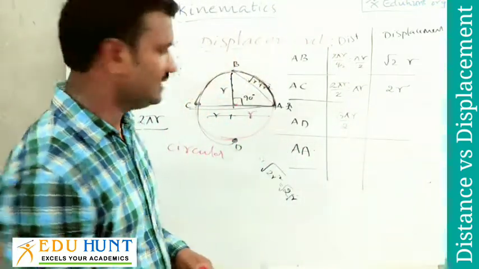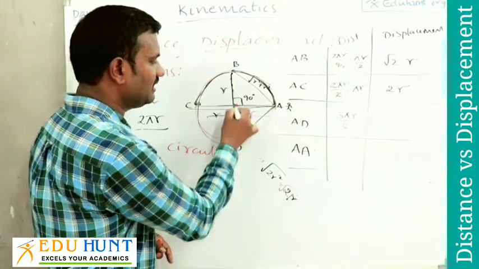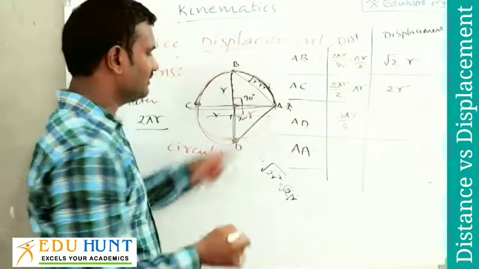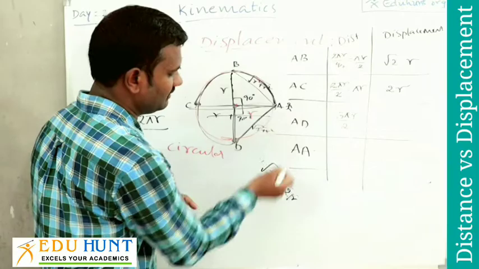What about the displacement? Initial point, final point, shortest path. Again, this is our right angle triangle, 90 degrees. That's why this is root over r square plus r square, which is equal to